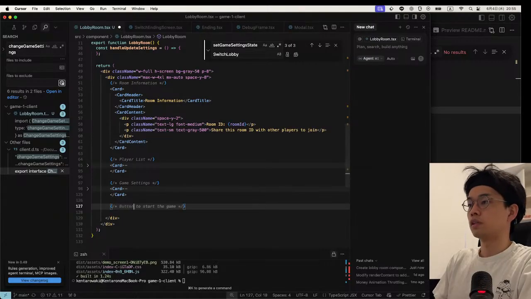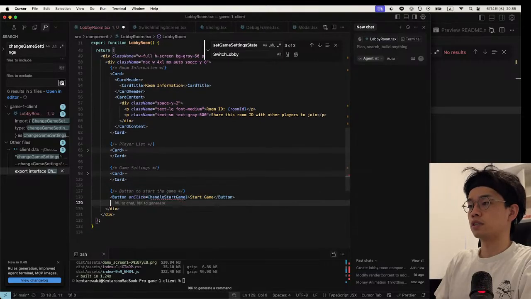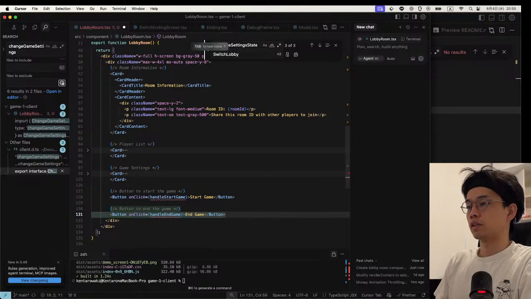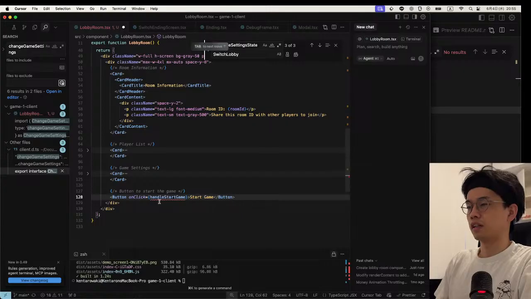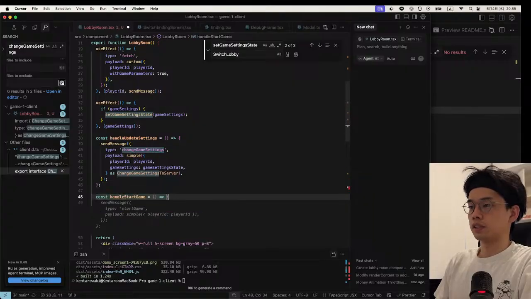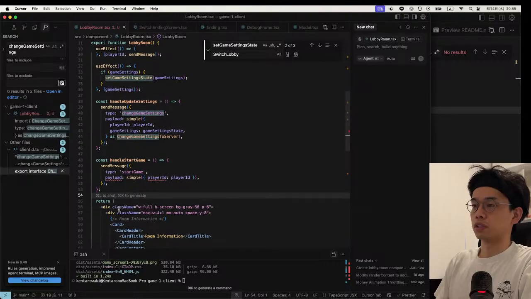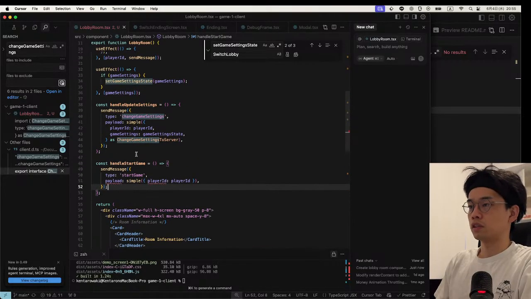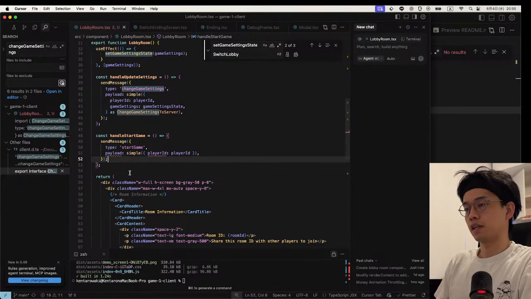Like this, I write the comment, so the AI suggests something, but it's not good. Yeah, this seems good. So I need to handle the start game function, and AI also suggests the new function, and in this function we need to call the start game request, and